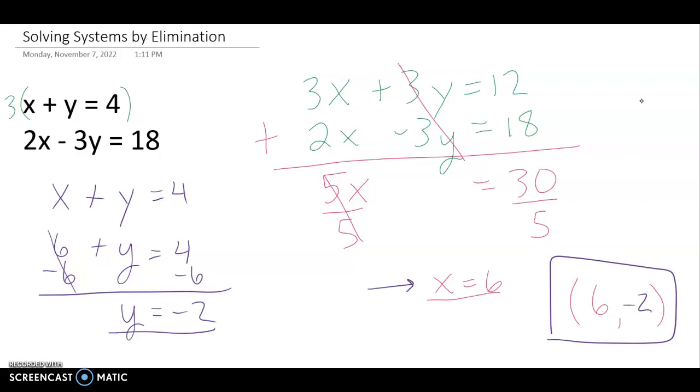So keeping in mind, guys, if you're trying to get rid of the y values, you needed to multiply that top equation by 3 so that you have opposites, 3y and negative 3y. You could have also chosen to get rid of the x. And if this is positive 2x, then this one would have needed to be negative 2x, and you would have multiplied that top equation by negative 2. So it doesn't matter which variable you eliminate, as long as you make them opposites of each other, like 3 and negative